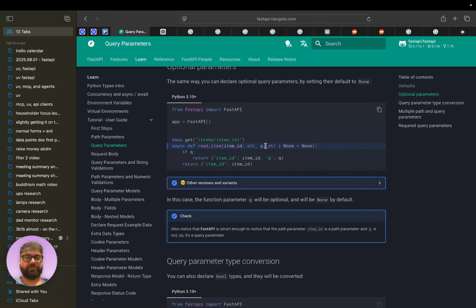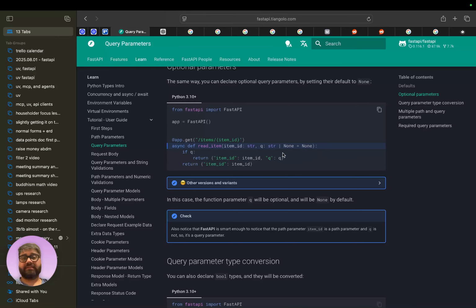The type annotation here is str, union, or None. This is how you define that something is optional. And you can say str or None equals None. Basically you're saying q can be None, and as default it is None. So if someone doesn't provide q, that's fine.